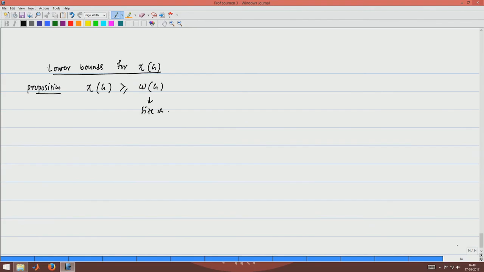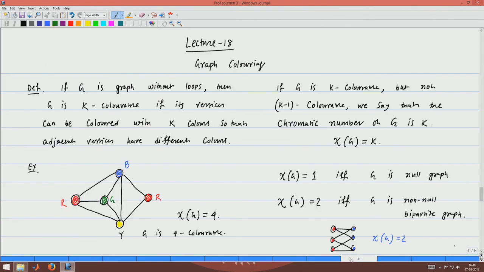Because you see in the first example here, this has a clique of size 4, this is in fact K4,